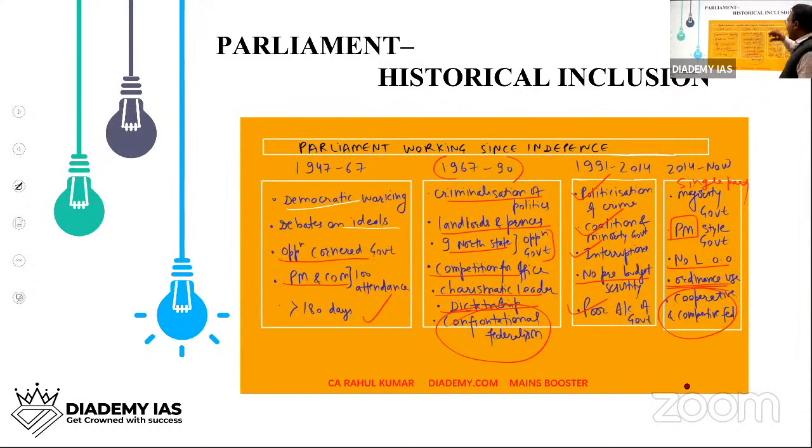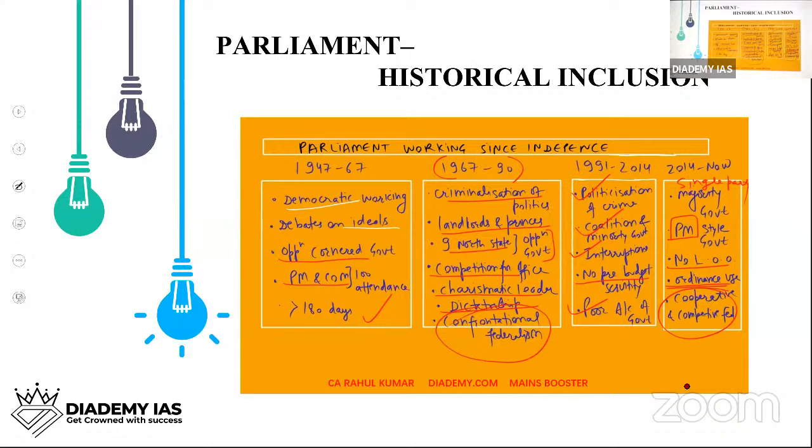Parliament working, we can divide the parliament working into 4 categories: 1947 to 67, 67 to 90, 91 to 2014, and 2014 till now. Right? Now, every time you go back to one phase, you will identify there are certain themes. कुछ themes हैं जो आपको दिखाई देंगी. ठीक है. For example, in between 1947 to 1967,